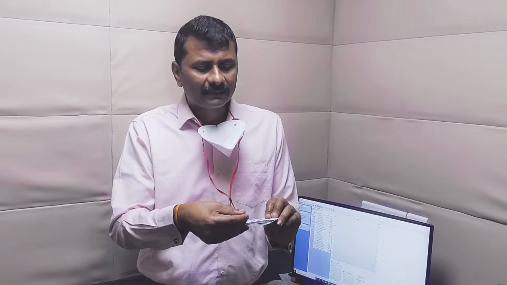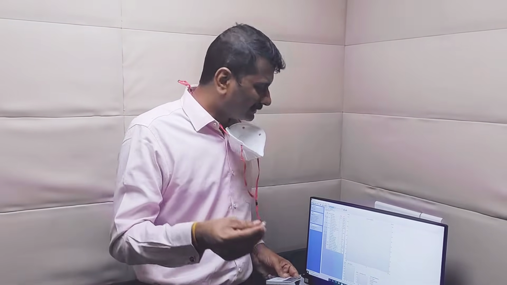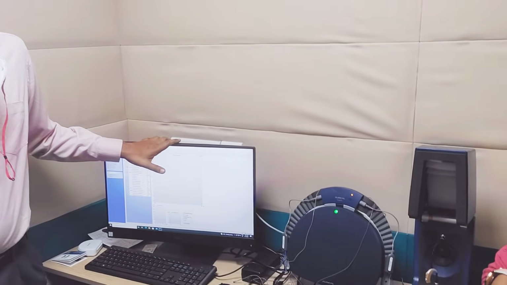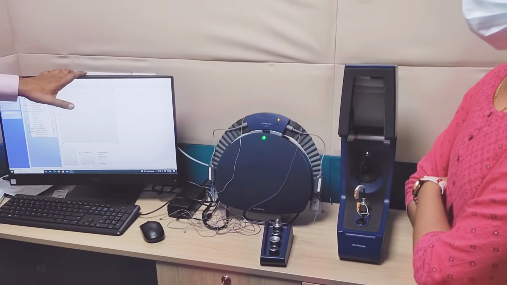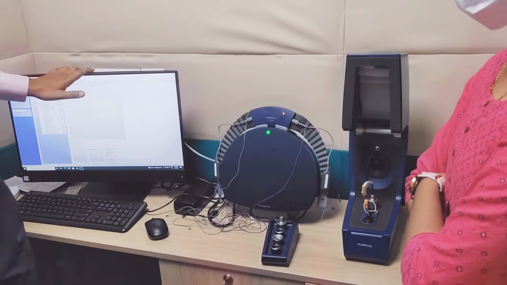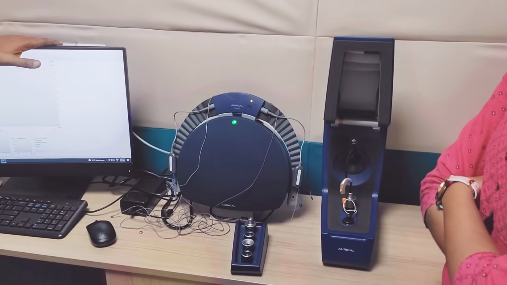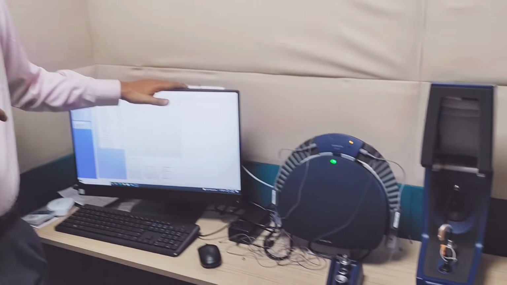So they send this to us. Now not necessarily would each hearing aid give exactly that amplification, so we have to test it. To test it, there is a different setup, and this particular setup is known as what? Electroacoustic measurements. Okay, electroacoustic measurements means both electrical and acoustic measurements are being done.